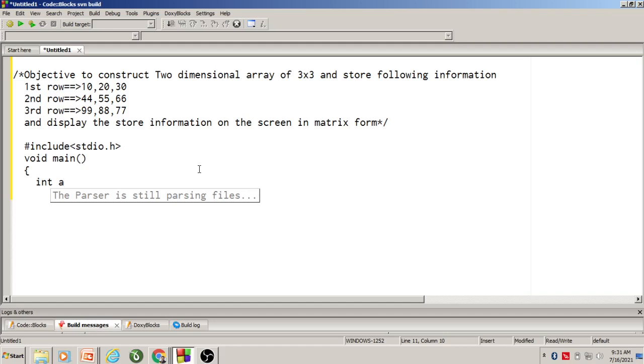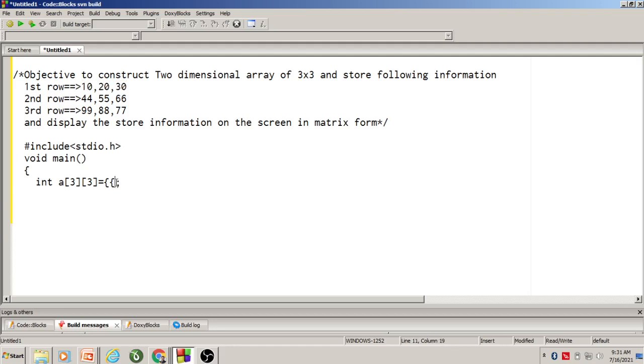I choose a variable name a and construct the array of 3 cross 3. Next I write the initialization here. I open a curly bracket, and inside it one more curly bracket, and I put this information.